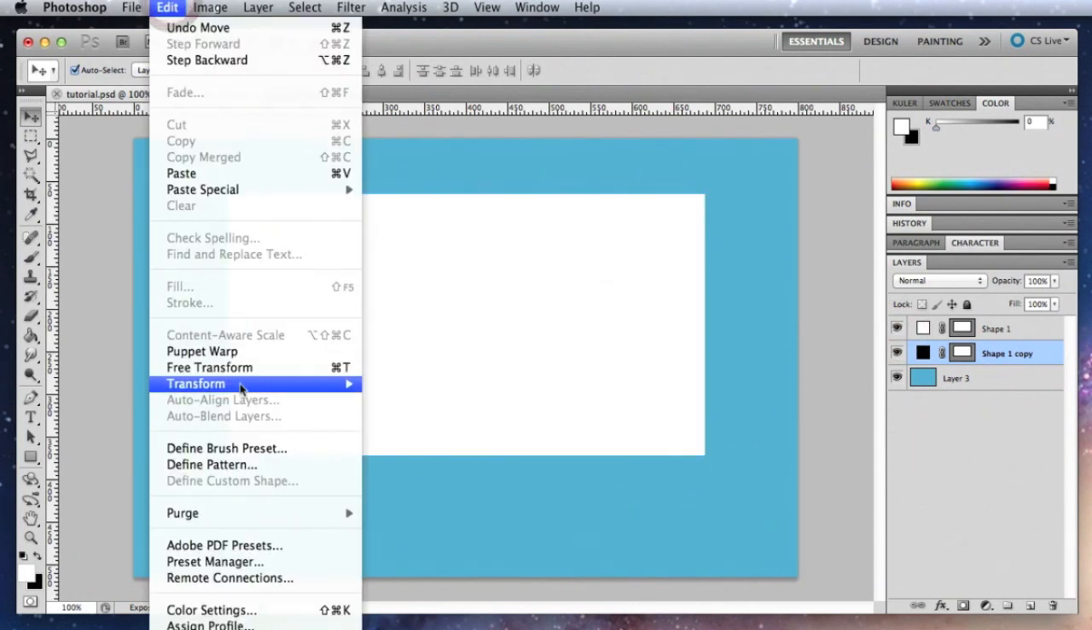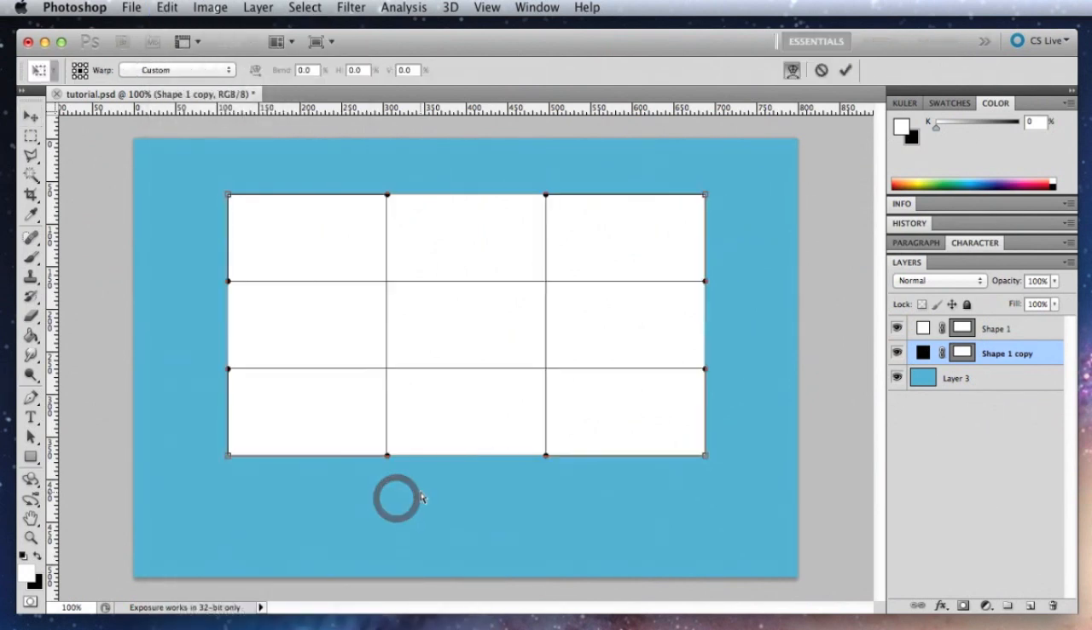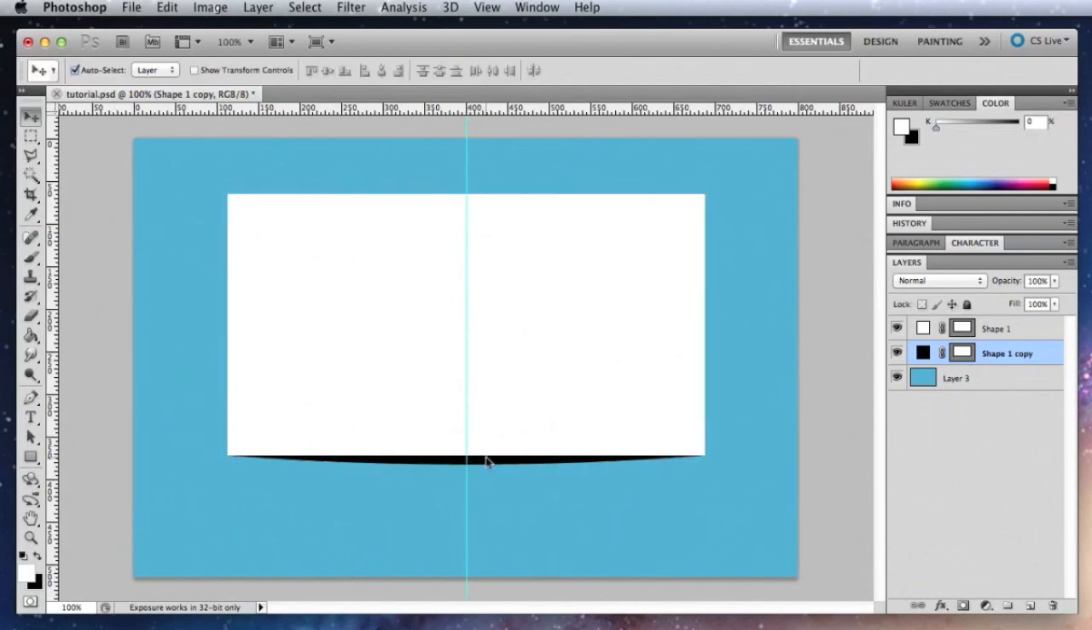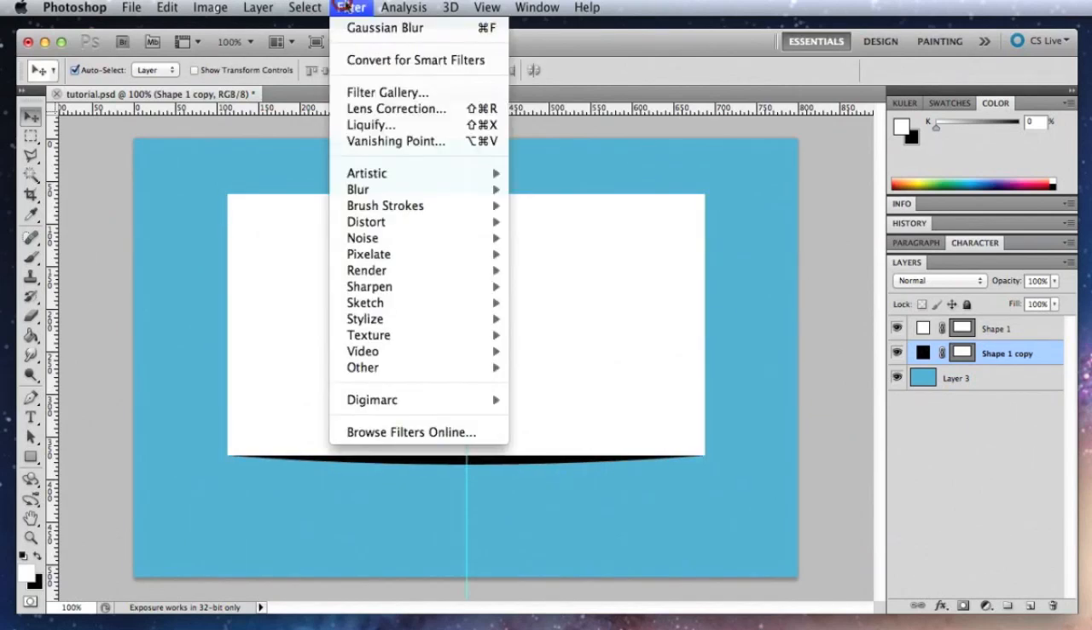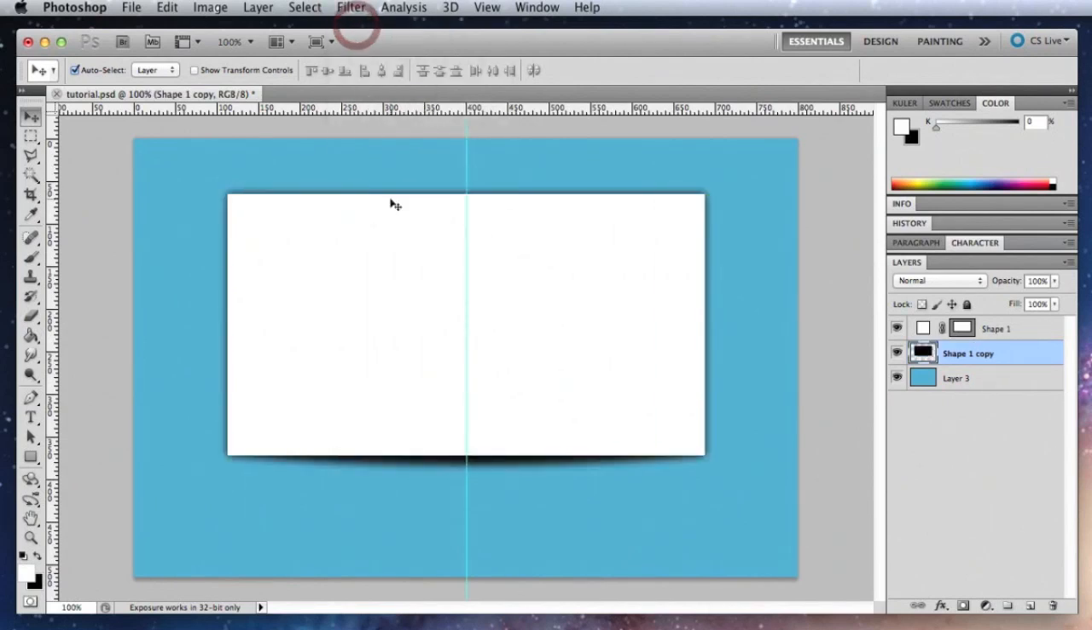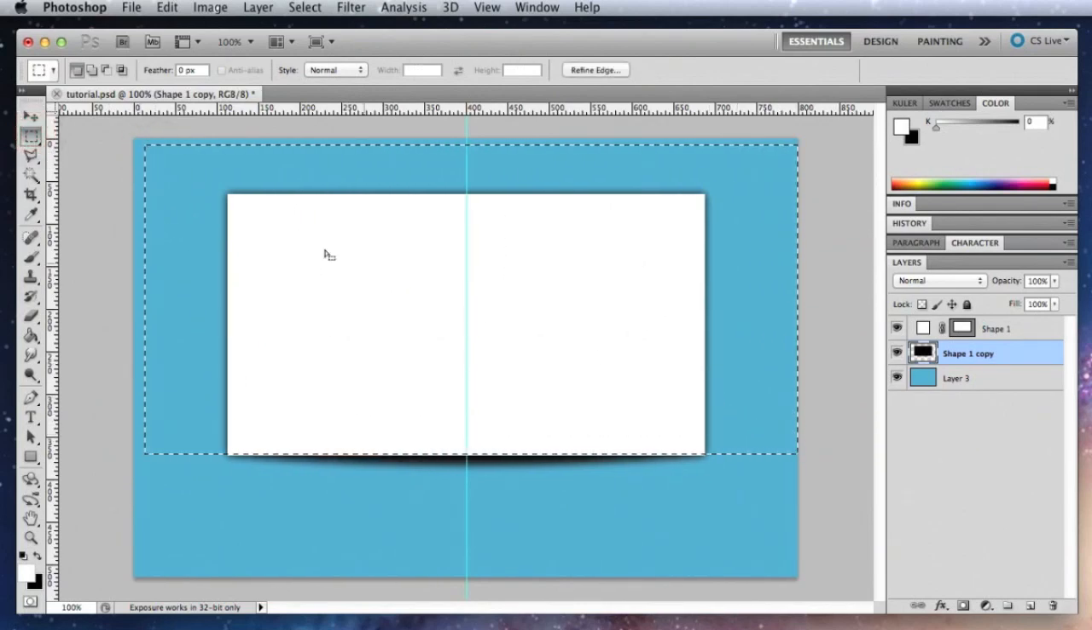Same format, Edit, Transform, and Warp. And again, make sure you've got your guide visible. Looking right at the center at the bottom, I'm just clicking and pulling down the black layer like so. Then the same process, Filter, Gaussian Blur. The only difference with this shadow is you might want to trim away some of that excess that appears around the edges. I've just selected it with the marquee tool, cut it away,